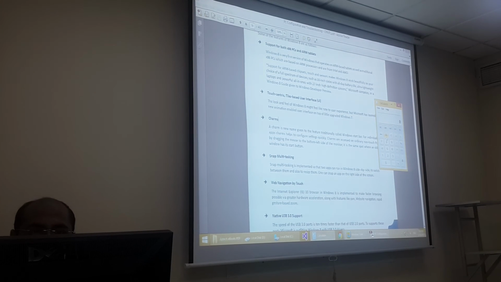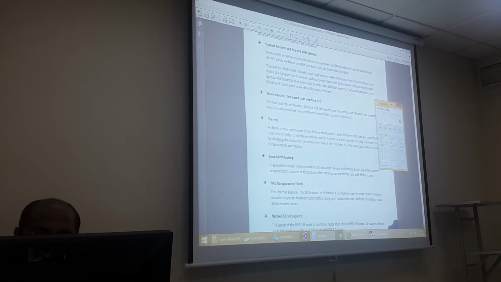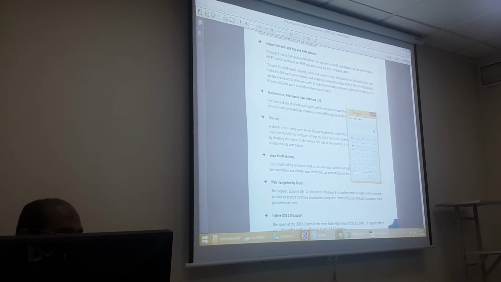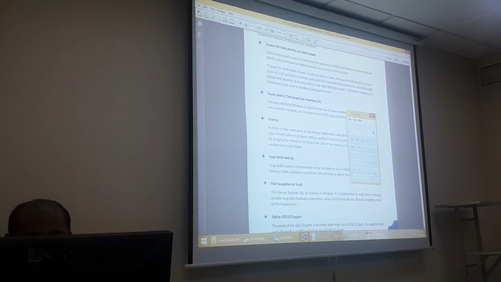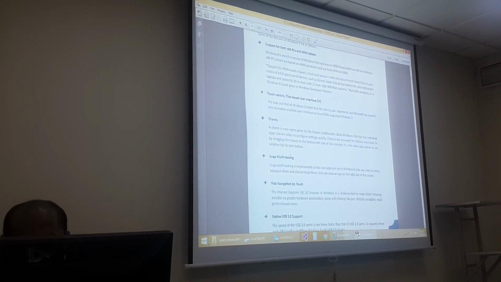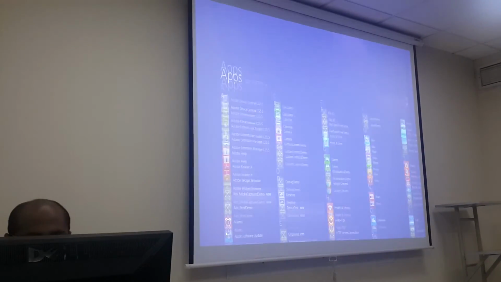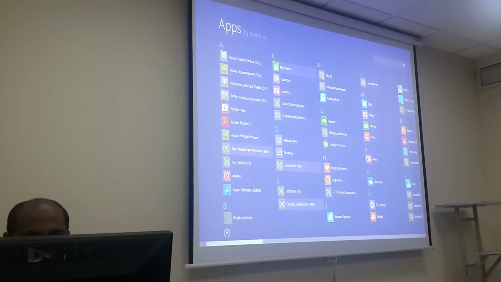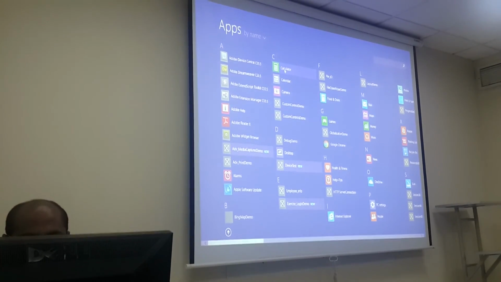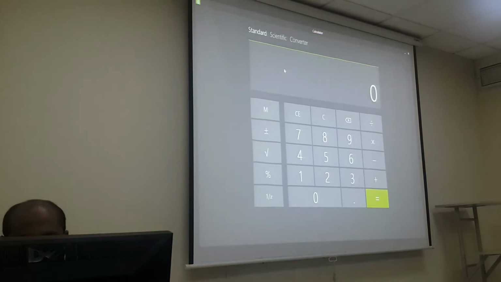Okay. So normally we prefer these normal softwares. But if you're using apps, you have a snap multitasking feature. I don't know how to do this because nobody uses these things. Okay, this is actually a failure of what Microsoft did here. They were trying these things here. Who would go to